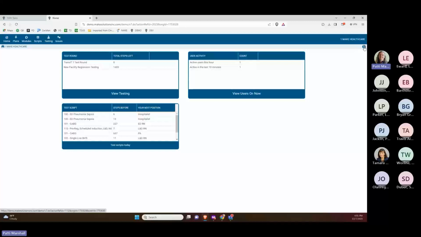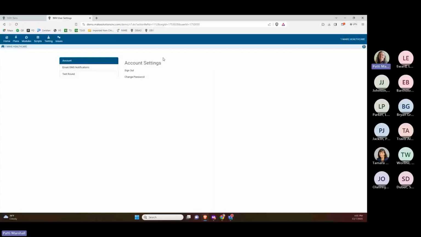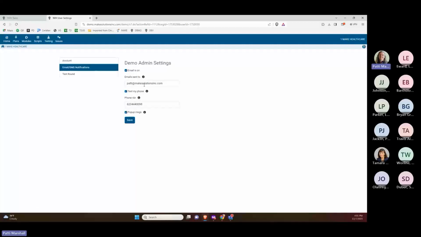The first change is that if you want to get to your user settings, you click on your initial here, and it brings up the account setting page where you see sign out and change password. There are 2 other sections currently. One is for saying what your email address is that you want to receive emails to, and the other one is for the phone numbers that you want to receive